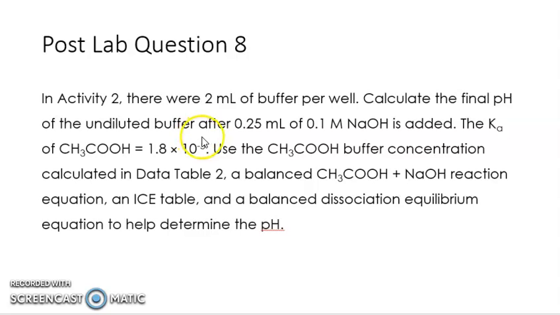So you're not taking into consideration that you're changing the volume by the addition of these drops. So that's also a simplifying assumption. You're given the Ka. You calculate your buffer concentration, and then